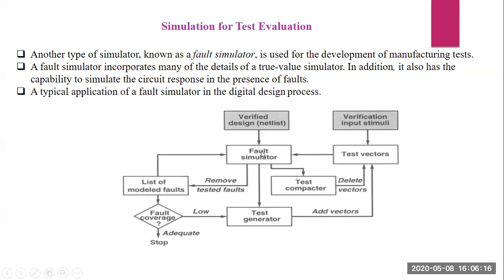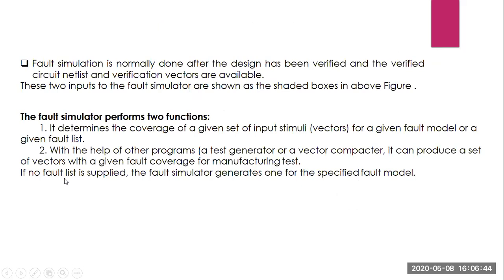Okay, if there is any faulty one, if it is compared with the faulty, we can delete it. If there are n number of faults, we can minimize the faults. The minimize process can be done by using the test comparator, or else if the faulty has to be replaced with some other response, that can be done by adding a new vector faulty input at the test vector itself. So that is what it represents.